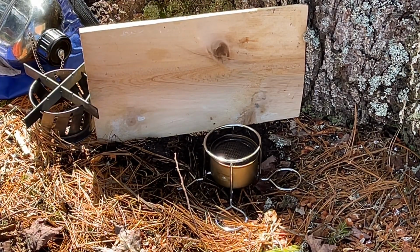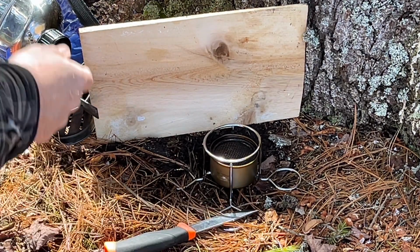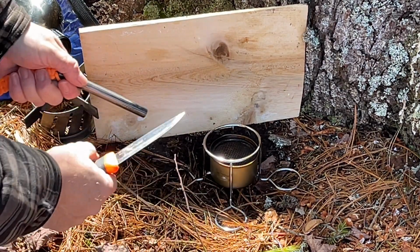Now, I'll show you this in a bit more detail later, maybe, but I brought my good old Mora out today. I have not had my Mora out for a long time. When I got my Mora, I got it for bushcraft, for what I do, but it quickly became my